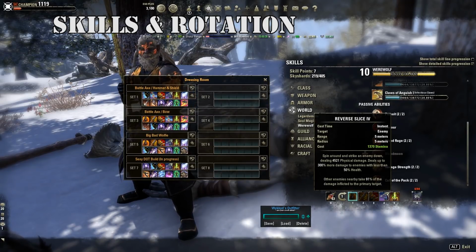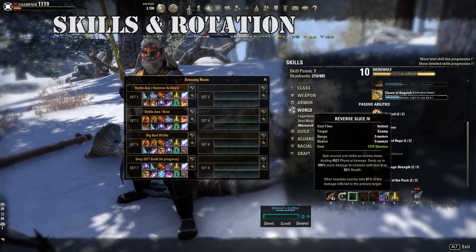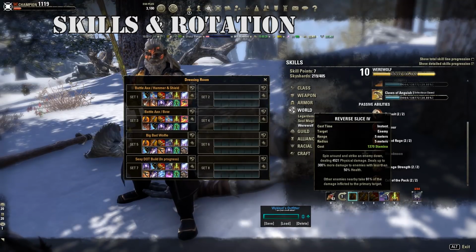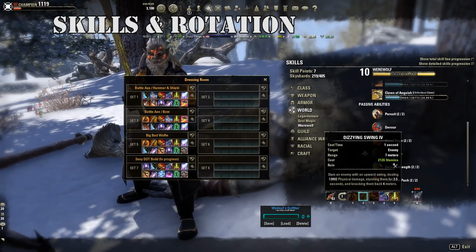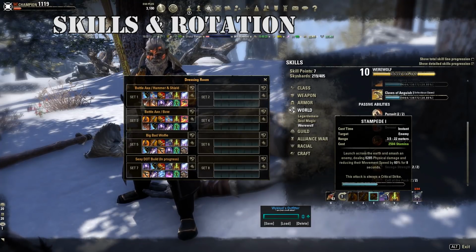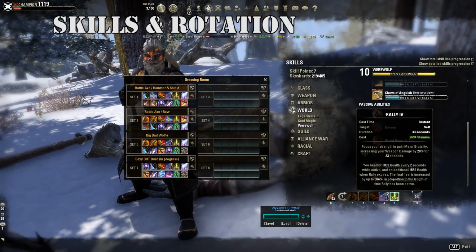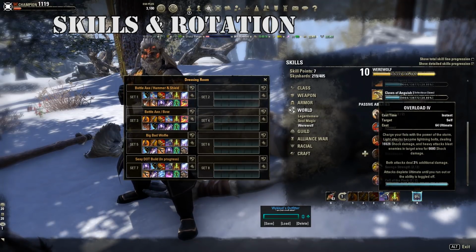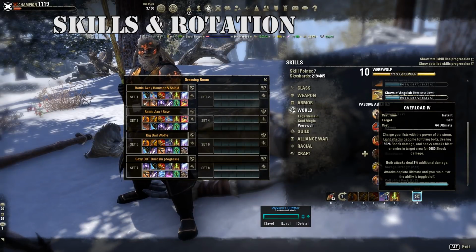Because my build is, like I mentioned again, I will mention it again, it's full focus on Werewolf. So without Werewolf, this build, you are not strong at all. Okay, so you're using Execute, Reverse Slice, Dizzying Swing, your damage skills, Stampede, your Gap Close, your Snare, Streak, just get away from Zergs, Rally, your heal obviously, and Overload is just to, on the Overload bar, I'll be using Caltrops and